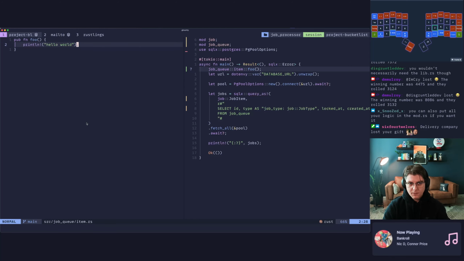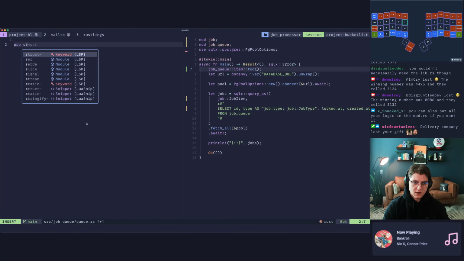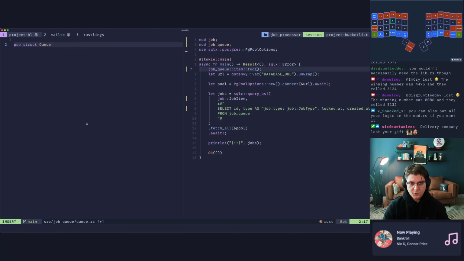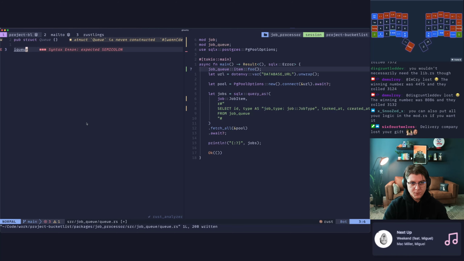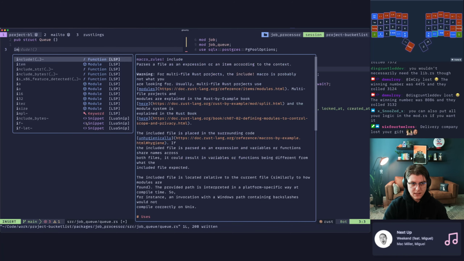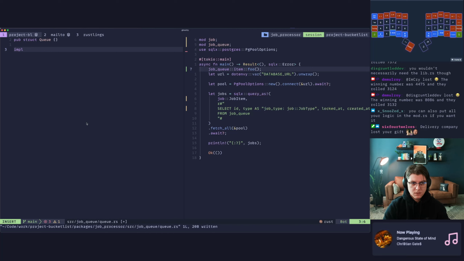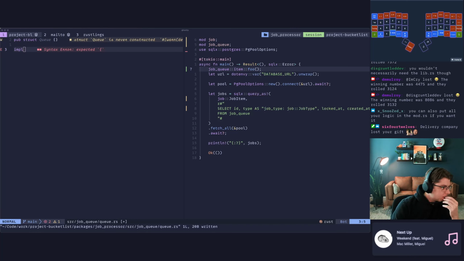All right, think about how we want to design this. So let's say we have a pub struct. This will be our queue. We'll just make that empty for now, and then we'll say impl. I forget the syntax. Adding just a normal method to a struct. I don't want to impl a trait.